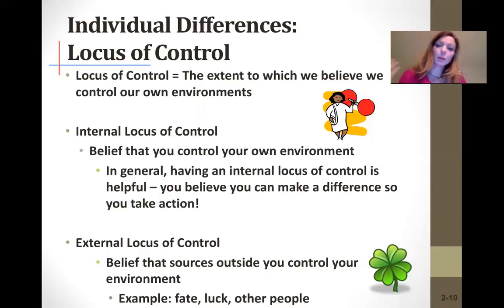So people who believe in fate and luck, and I'm sure all of you have had those friends that say that everybody else is doing stuff to them. It's never their fault. They can't get any breaks. Well, so they believe in the external locus of control. The danger of that is that they don't take the necessary actions then, and they don't take control of their own actions to move toward a better way to handle stress.